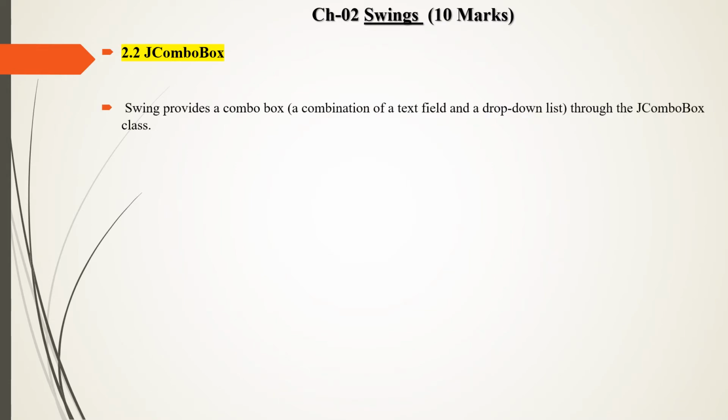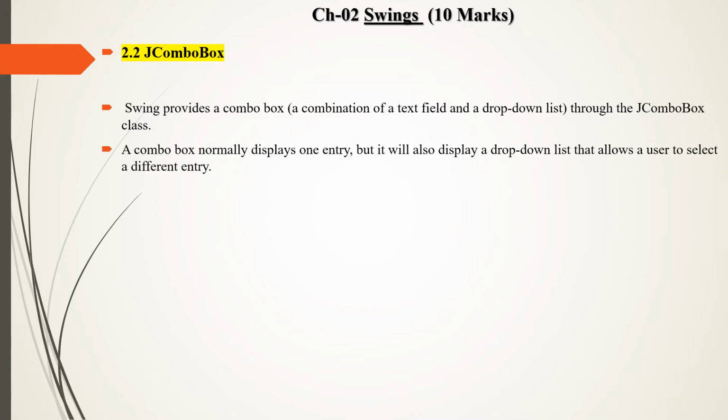Swing provides a combo box. The combo box is a new component in Swing which is not present in AWT, and it is simply a combination of a text field and a drop-down list through the JComboBox class. So the JComboBox class is the class which provides the combo box. A JComboBox normally displays one entry, but it will display a drop-down list that allows the user to select a different entry. So in a JComboBox the drop-down is displayed and the user selects one item from the list